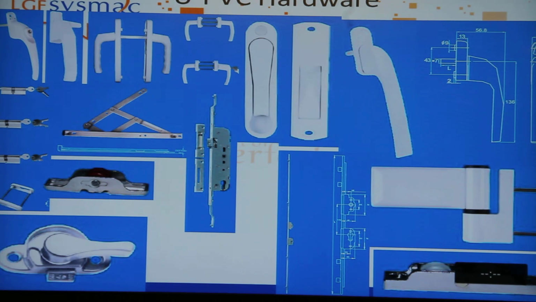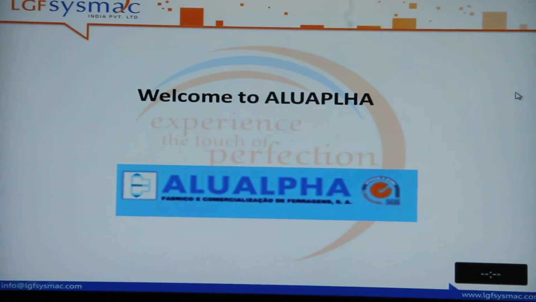So these are the UPVC hardwares. You can see the espagnolette handles. This is the cockspur handle. This is the double handle for the doors. Mortise handles with the key, pop handle, touch locks, cylinders, friction hinges, integrated locks, rollers, cylinders, crescent locks, butt hinges with the 3 dimensions, double rollers, SPACs. These are some UPVC hardwares.